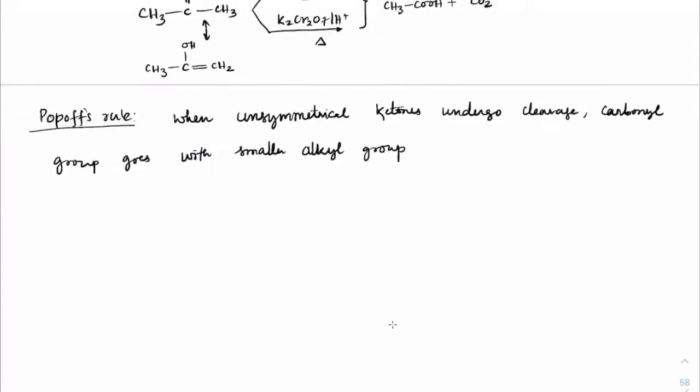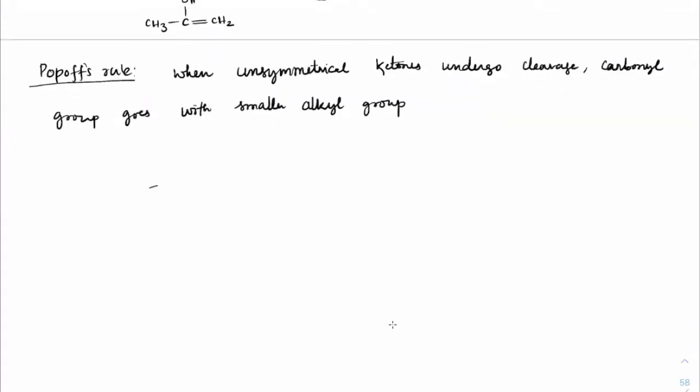This is called Popov's rule. What does this mean? Suppose you have a double bond O here, correct? So this double bond O will go with the smaller carbon group, not with this larger carbon group. That is Popov's rule. What it actually meant: on heating, since it is an endothermic reaction,